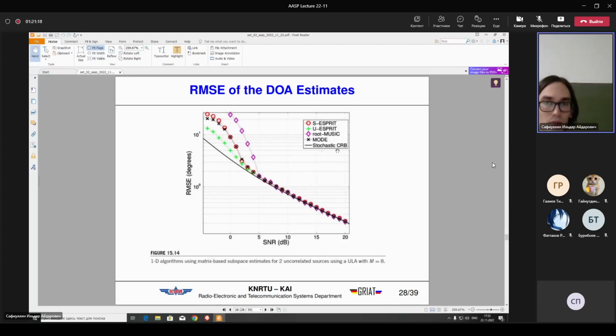So this stochastic Cramer-Rao bound is something like the smallest error when we try to find direction of arrival. So maybe if we compare it with something,